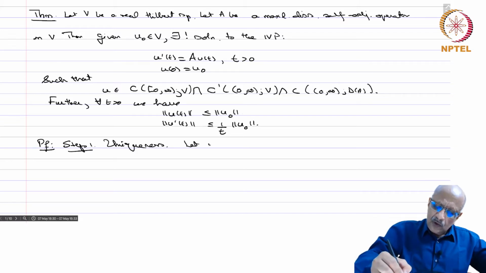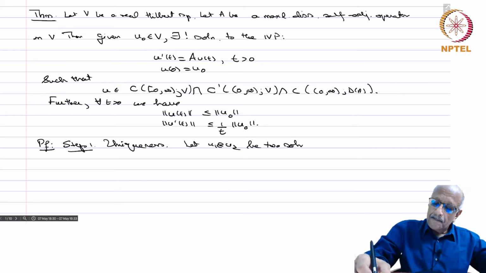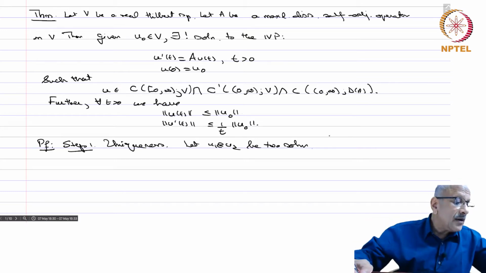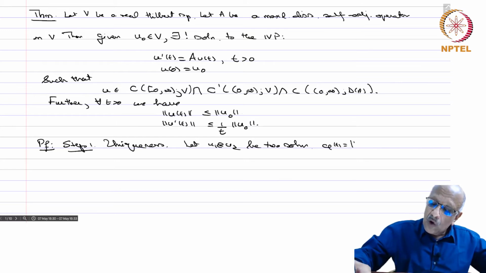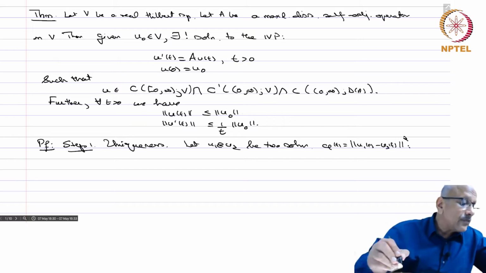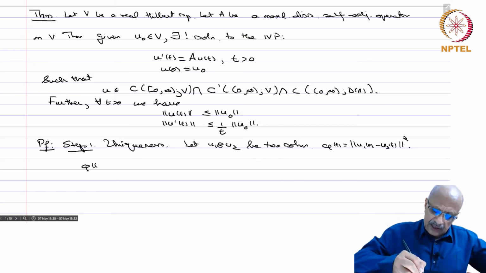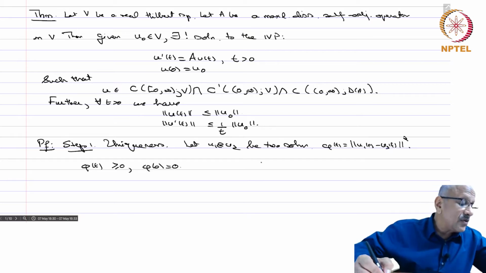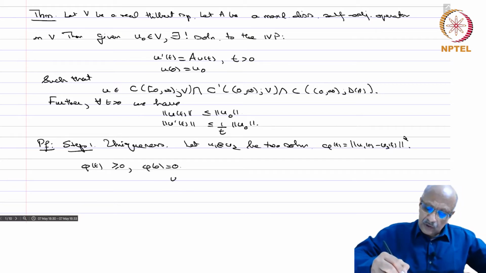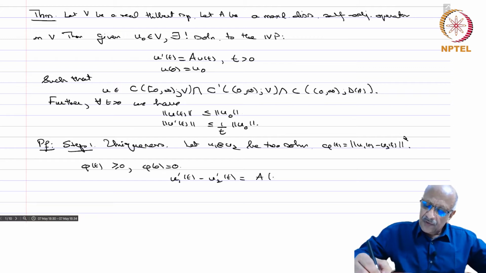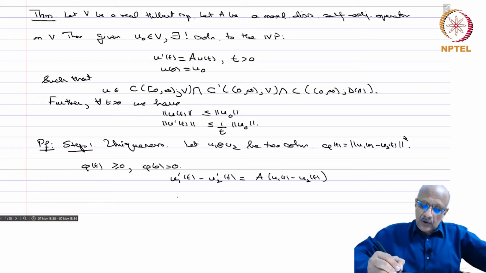So first step is uniqueness. So let u1 and u2 be two solutions, and you write phi(t) equals norm of u1(t) minus u2(t) squared. Okay, then phi(t) is greater or equal to 0, phi(0) is equal to 0 because the initial value is the same, and also you have that u1'(t) minus u2'(t) equals A(u1(t) minus u2(t)). Now you take the inner product with u1 minus u2,